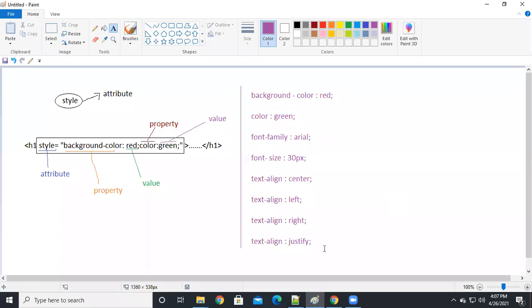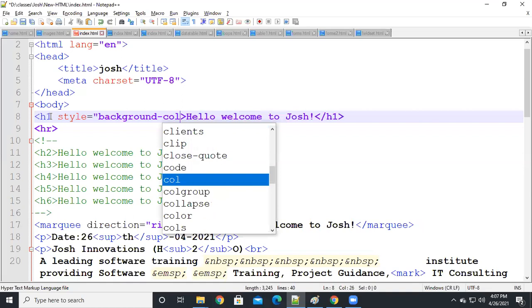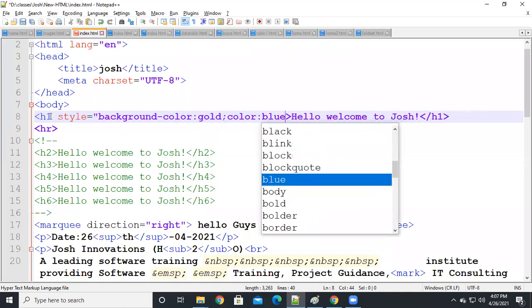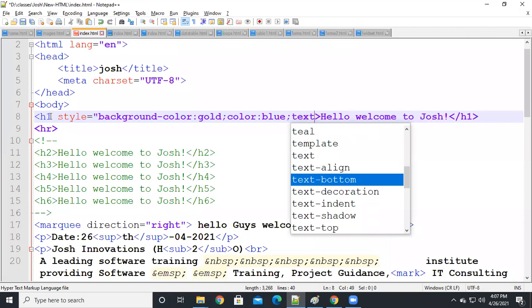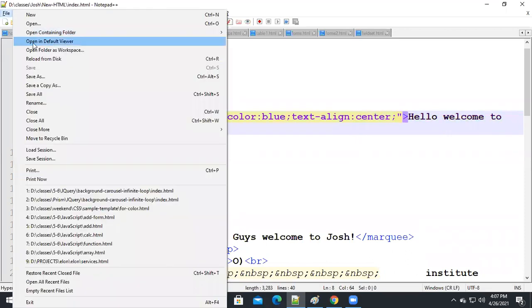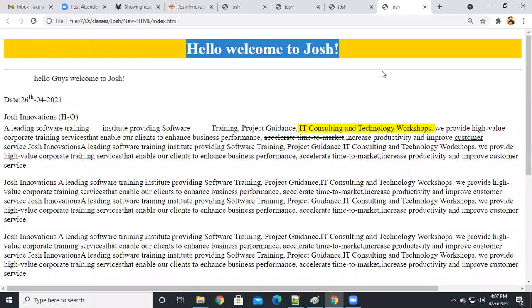Right. See, now we are going to apply. So now here I'm going to apply style: background color something gold, color blue, and text-align center. See, we'll get like this. Background is gold now, and text color is blue, like this.